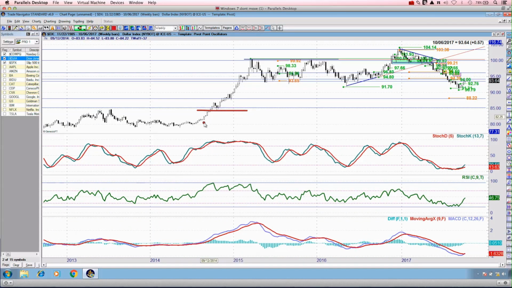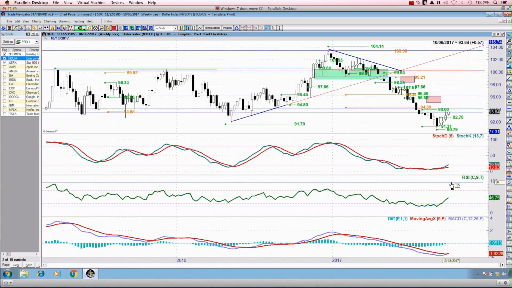As you can see on my screen over here, once we broke above this pivot at about 85, the US dollar has moved parabolically back up to about 100. It oscillated more or less sideways for pretty much 2 years until we made that sort of blow off top up here, just shy of 104. And once again, we're starting to see the US dollar move from a relatively oversold reading back into more so favorable conditions on larger fractals.